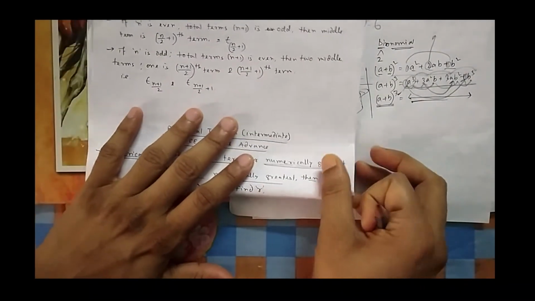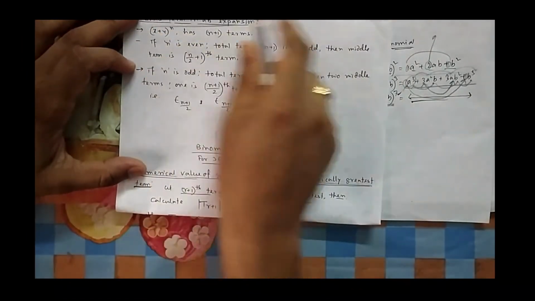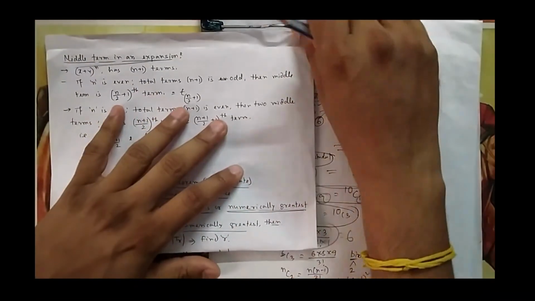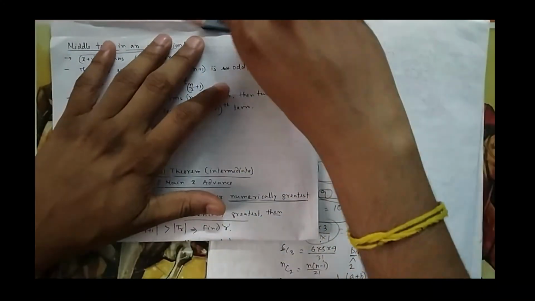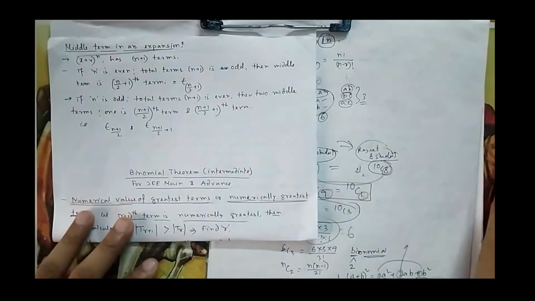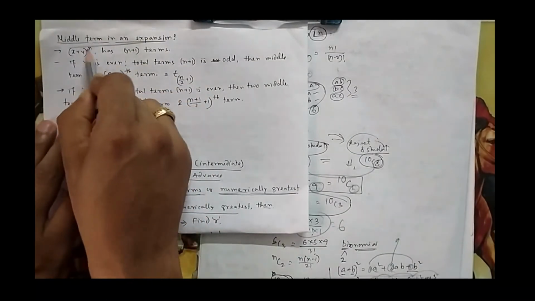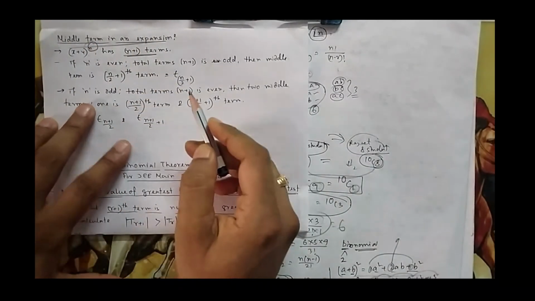So at the basic level we have one more thing, that is the middle term. How to get the middle term? If I want to see the middle term, then one thing you can think of, that you have already seen there is one extra. One extra means if you have n, then you have n plus 1 terms. If your index is n, then you have n plus 1 terms.